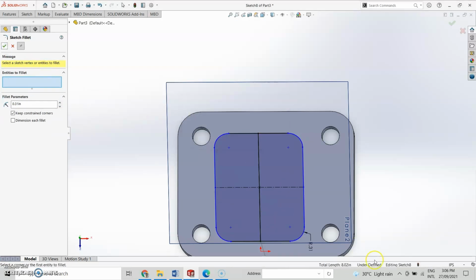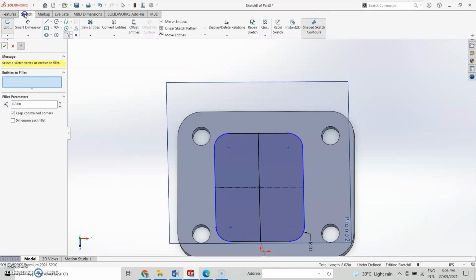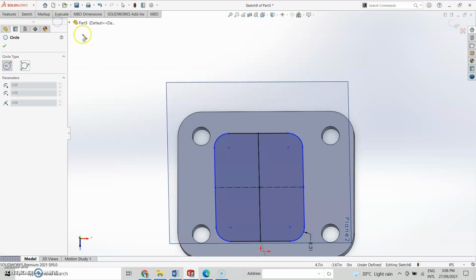And just check OK. Then next is we will create a circle inside again of the quadrilateral or inside of